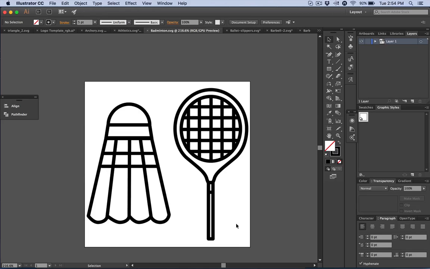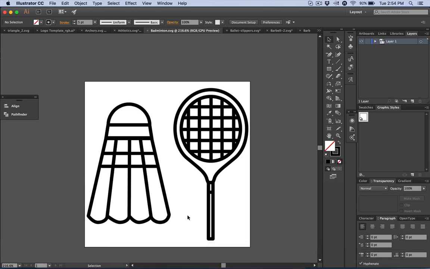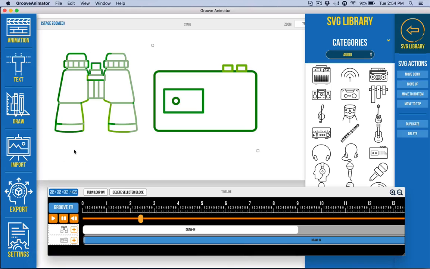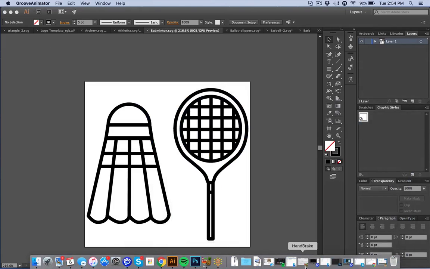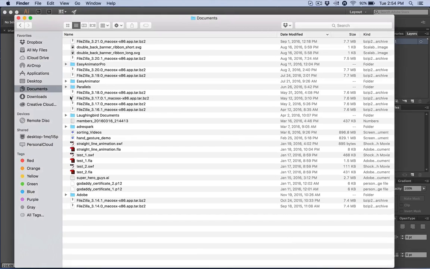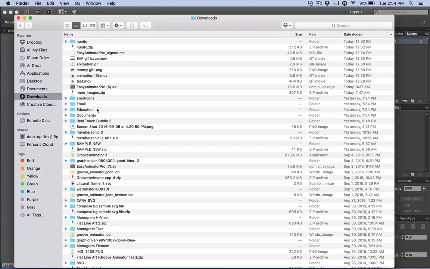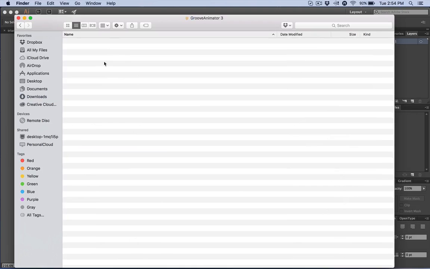Okay, so now if you're wanting to test this inside of Groove Animator, of course you can come in and use the import feature, or you can actually go into the application. Now I'm running this in a way that's a little bit non-standard because I'm currently running a beta, but you'd go into your applications folder or whatever. It's a little bit different for a PC and a Mac, but on the Mac I would go in here. I can go into show package contents,